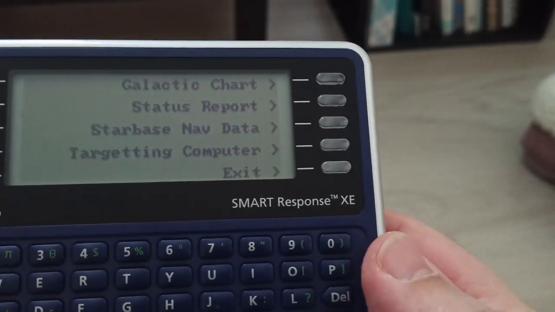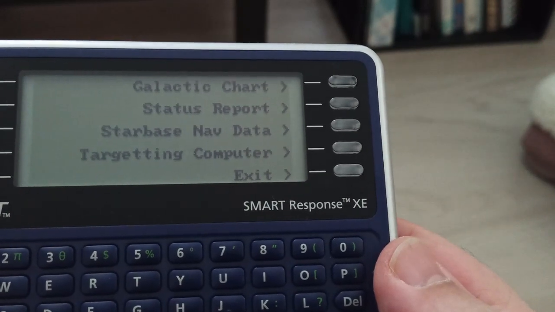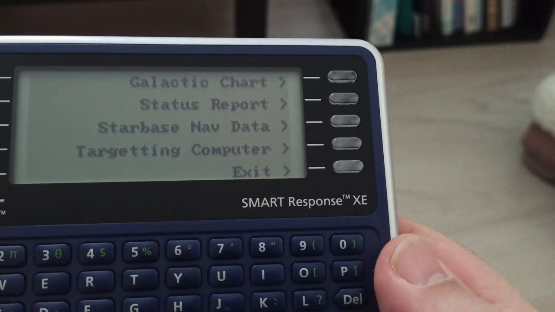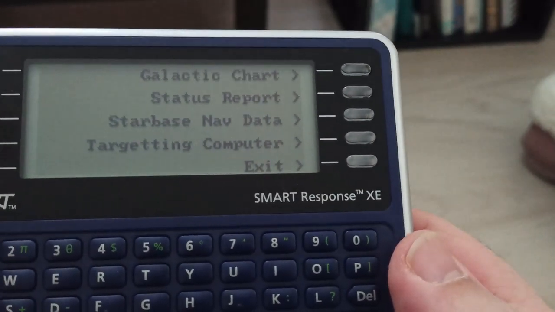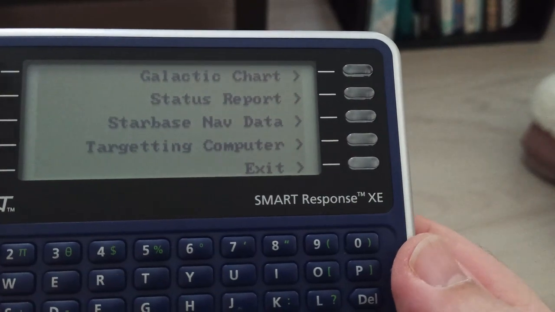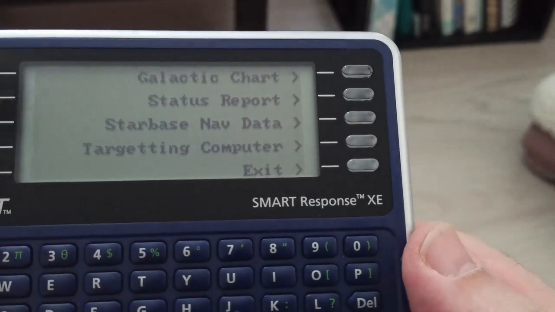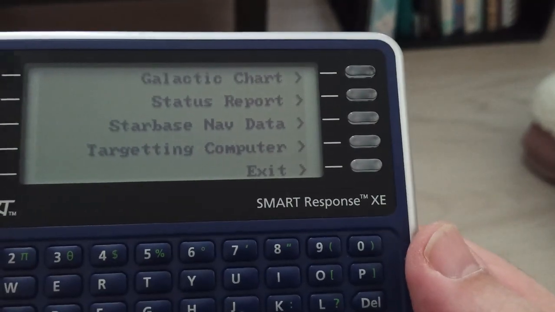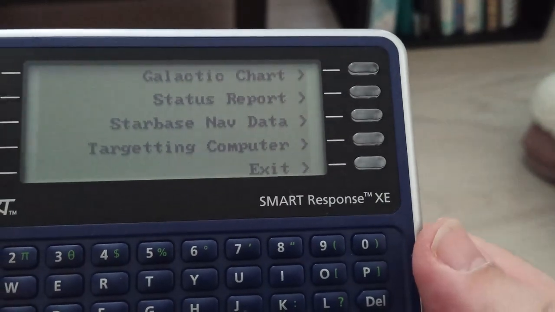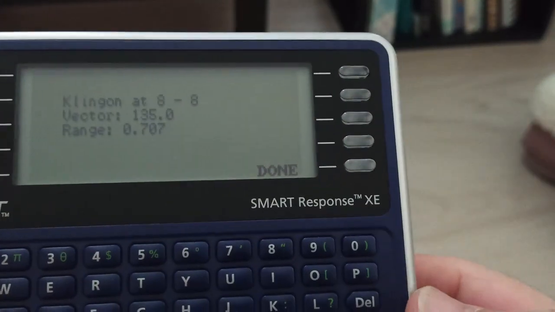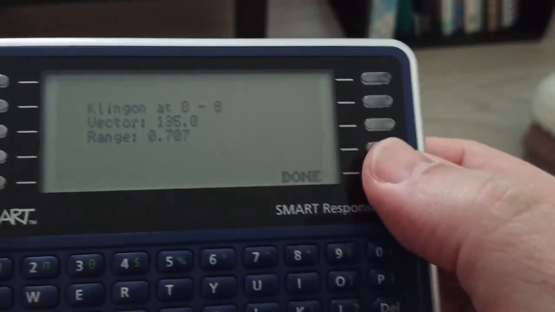One, you can look at the Galactic Chart. Two, you can get a status of where you're at right now, since the display is really limited. A lot of times in the other game, if you played it in BASIC or Fortran or something, the sector map would also give you status next to it, but we just can't fit it in. So you can get status there. If you have a starbase in your sector, you can get the direction and distance. And we're going to use the targeting computer to find out exactly where that Klingon is. So like we said, he's at 135. So if we go back,